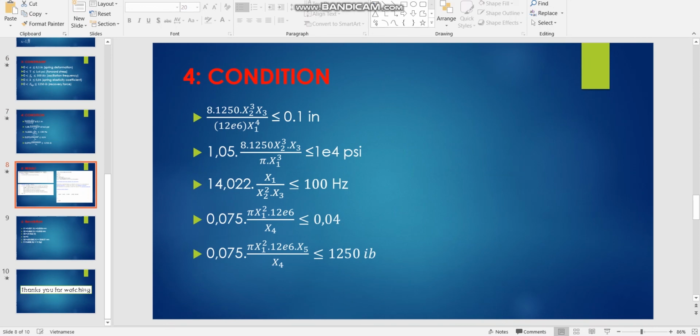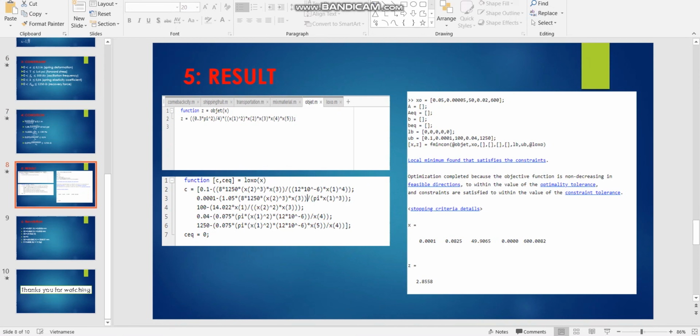We import all these functions into MATLAB, with the function here in the first picture and the function sequence in the second picture, and in the command window we import the x0 which is inside the constraints. We also import the lower bound and upper bound, and then after MATLAB calculates, we got the result that is